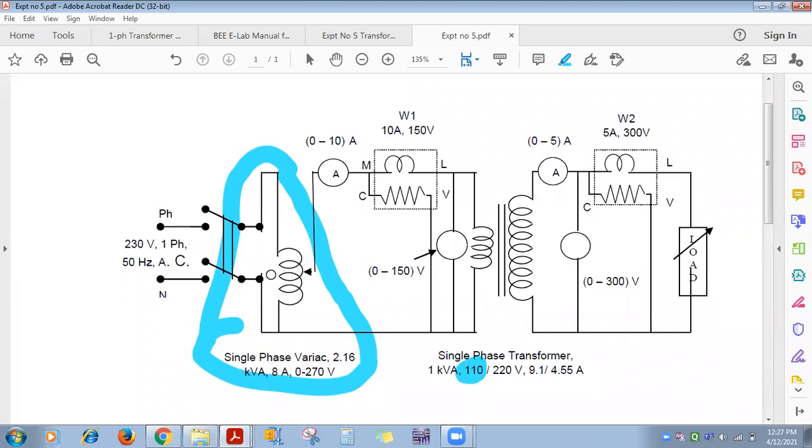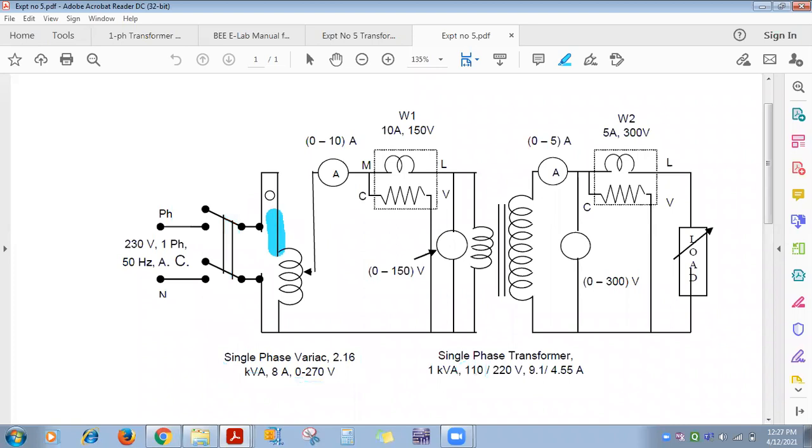Across it you give single phase AC input, which is constant, and on its body one variable knob is there. These are the two output terminals. Across it one voltmeter is connected. This voltage is applied across the primary winding here. See, okay. So what is happening on its body?